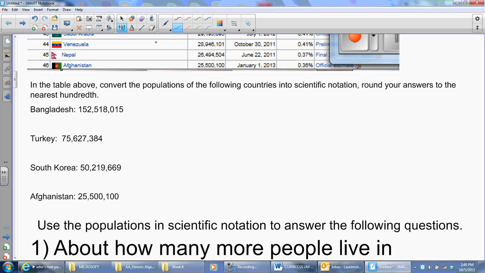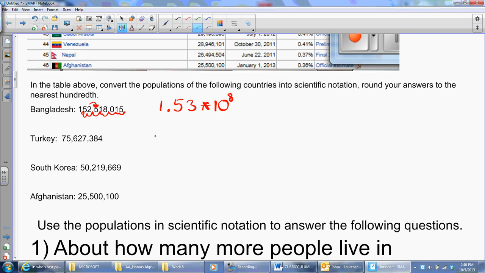Anyway, so the population of Bangladesh, scientific notation. Right now I know the decimal point's here, and I need it to be there, right? And we're rounding to the nearest hundredth, so I'm going to be stopping right around that too. So I'm going to need something like 1 and 53 hundredths because I look here, right? 5 or more, I raise the score. So let's see how many times I'm going to divide this by 10. 1, 2, 3, 4, 5, 6, 7, 8. So I will multiply that decimal by 10 to the 8th power,